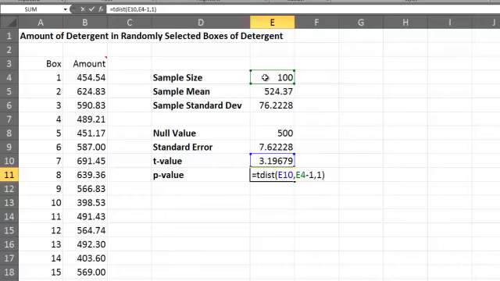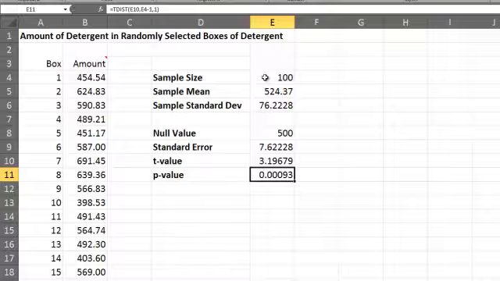So I'll put a 1 in as the last argument in my t-dist function, and I get a very small value of 0.00093. So this is going to be our p-value for the test, and we're going to compare this to a standard significance of 5% or 0.05. And obviously this p-value is much less than 0.05, so we would reject the null hypothesis